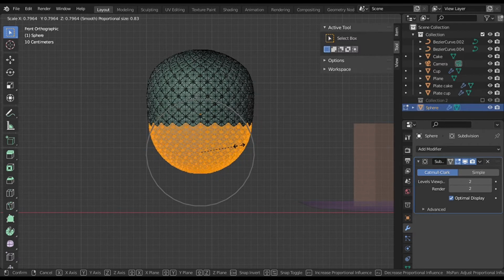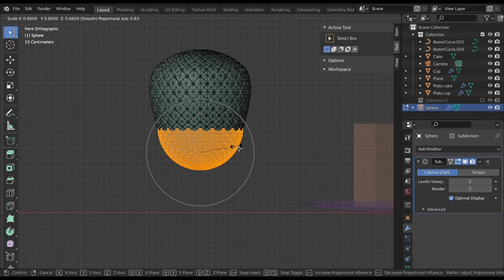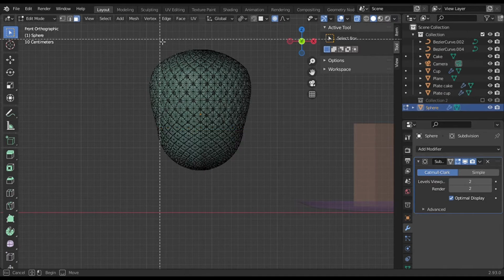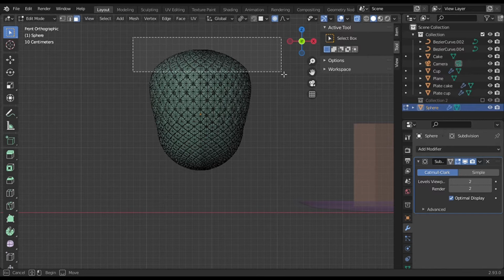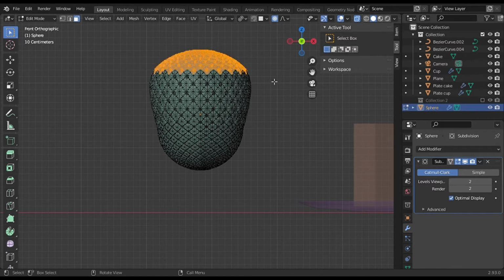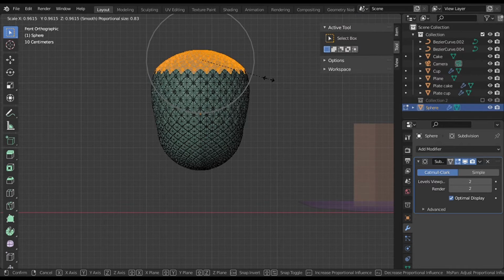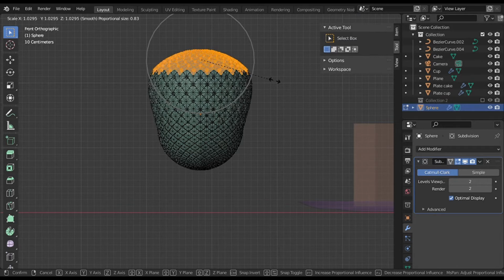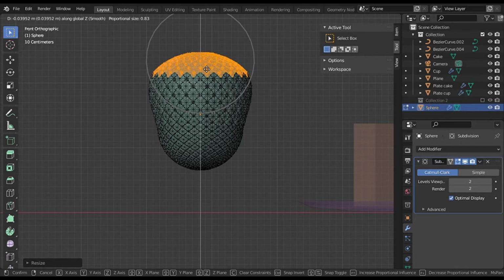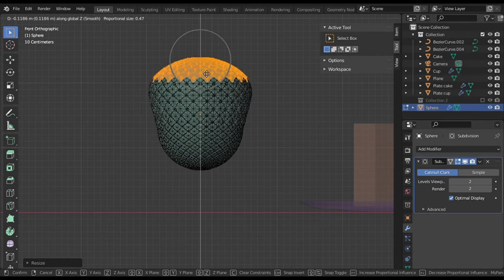And now with proportional editing, let's change the shape a bit with the size tool. And now the top. Here I tried flattening the top a little bit with the grab tool.